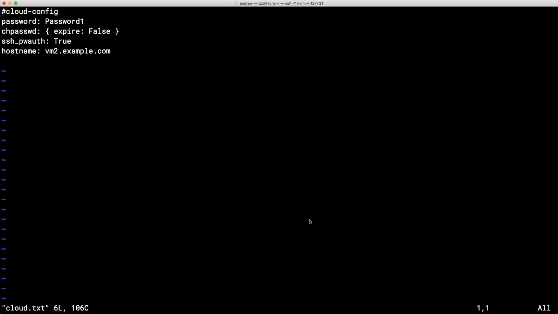Now, I've set the password, but I'm not specifying the user account. So it's the first user account, and this is then going to be the user Ubuntu if it's an Ubuntu-based system. If it was a CentOS-based system, it would be CentOS as the first user. I'm just making sure that the password doesn't expire. We're making sure that we can log in with passwords through SSH, and we'll probably go through and call this one VM1. So once we've got that saved,